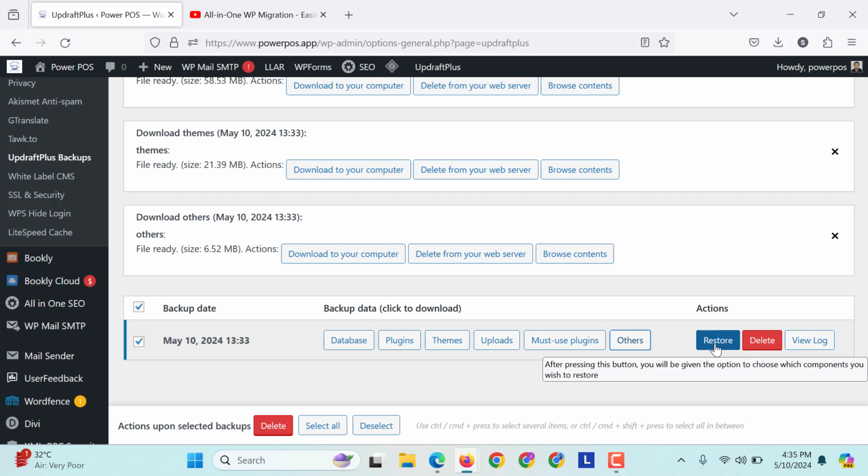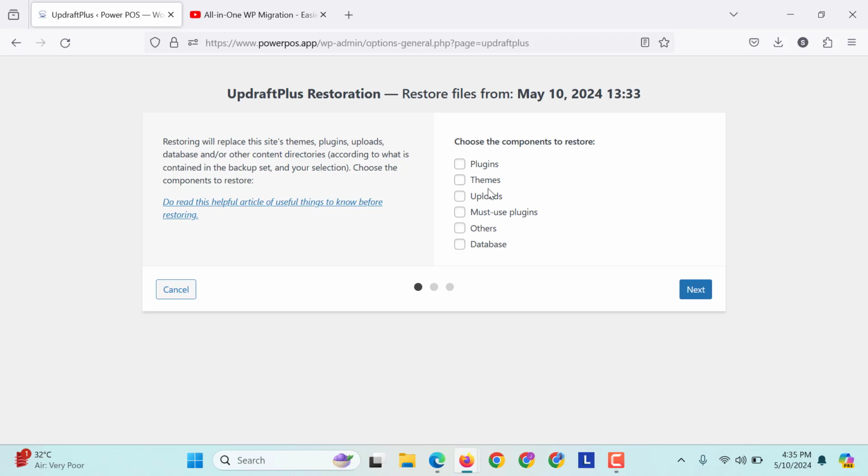The same way you can restore. Simply click the backup and click restore. It will ask you which ones to restore. If there is an issue in uploads or themes or plugins, you can restore one or you can restore all of them. These are the steps you follow,